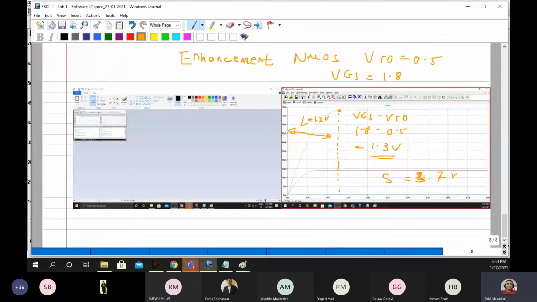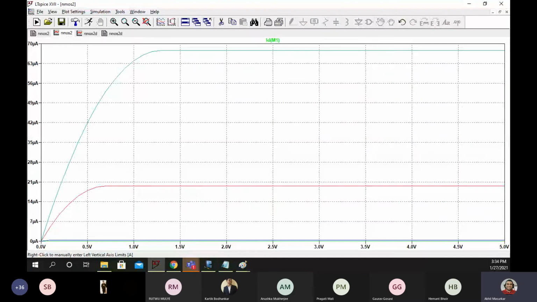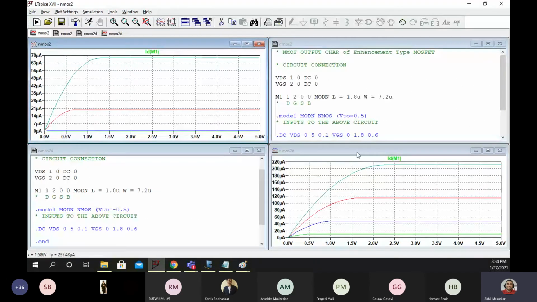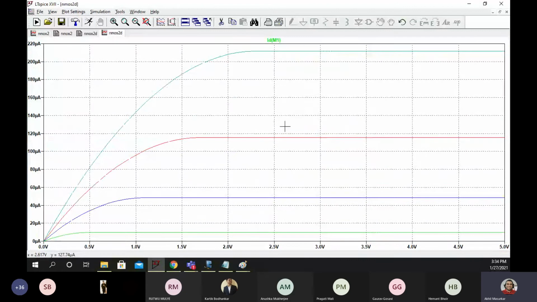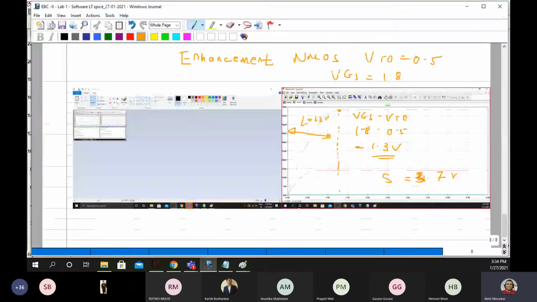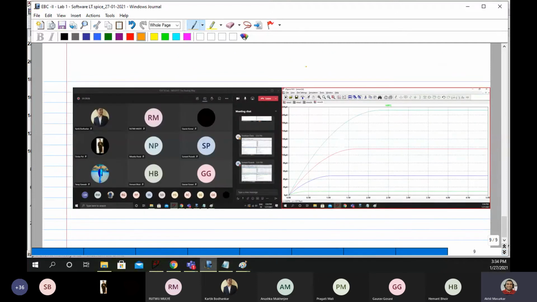Whereas if it comes to the second characteristics, that is this one, if I take that here, then we can see this is for the depletion NMOS.